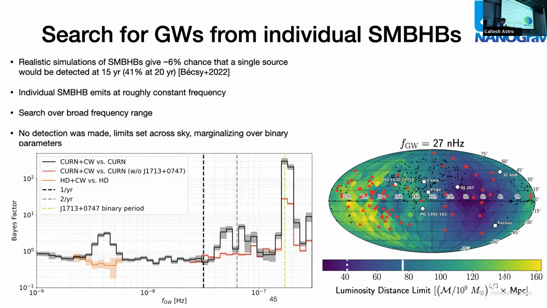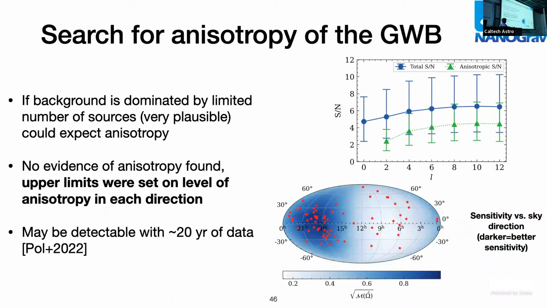And what's interesting is that the EPTA also sees something similar in their search for continuous waves. Over here, you can set limits on the luminosity distance for a supermassive black hole binary of a certain mass at a specific frequency. And what you can see is that you're more sensitive where you have lots and lots of pulsars and less sensitive where you have fewer pulsars. And this really says, if we want to make a detection of these things, then we want pulsars all throughout the sky. And so, we want to start trying to fill out other places on the sky with our pulsars. So adding more pulsars to our array becomes more and more important.